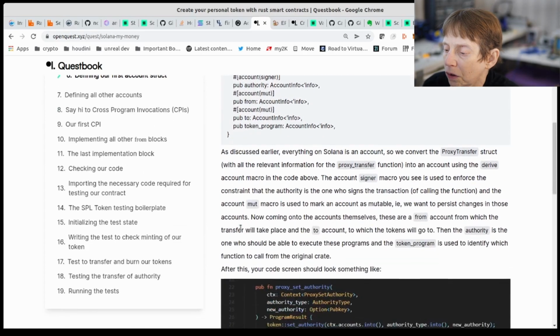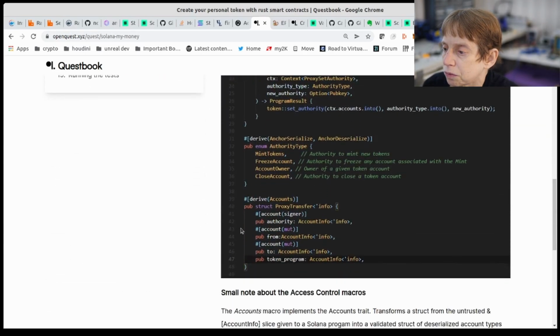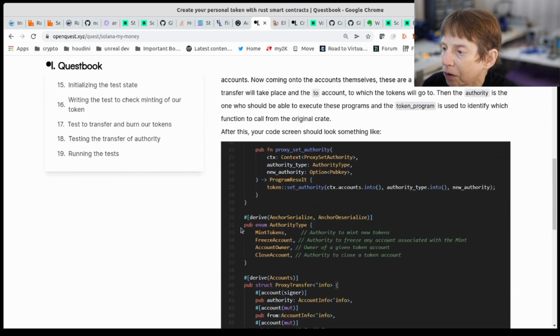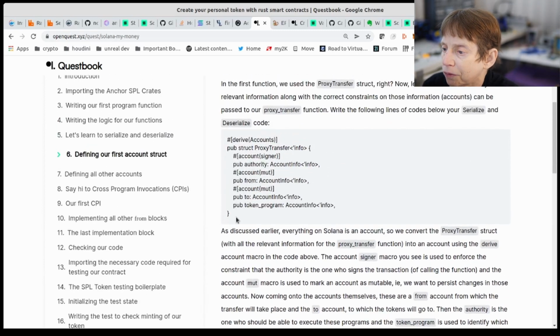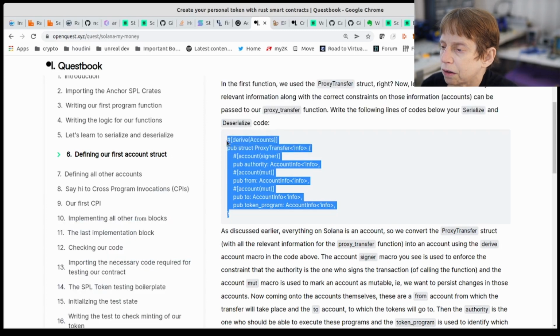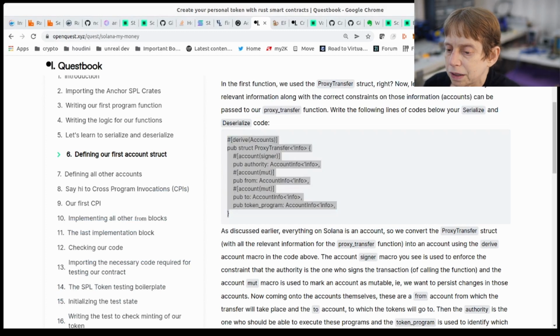The accounts will go again to the bottom because they're not part of the implementation. So we simply copy that in right under the